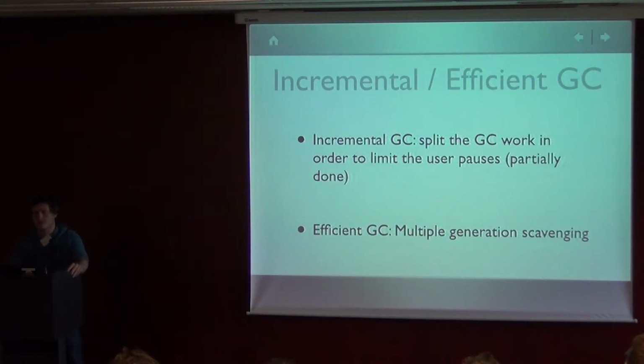One thing is that the new garbage collector is incremental, which means that its task is split into several subtasks. That allows us to avoid big user pauses because you do not need to do the full GC at once, but you can do part of the GC, then execute user code, and then part of the GC, execute user code, and this avoids massive pauses. Another thing is that the new garbage collector is much more efficient than the previous one. It's just because it's a state-of-the-art garbage collector, and not an old garbage collector from the 90s.